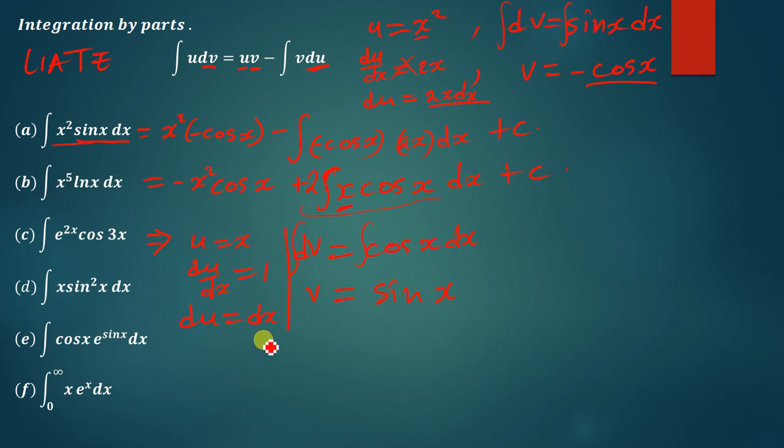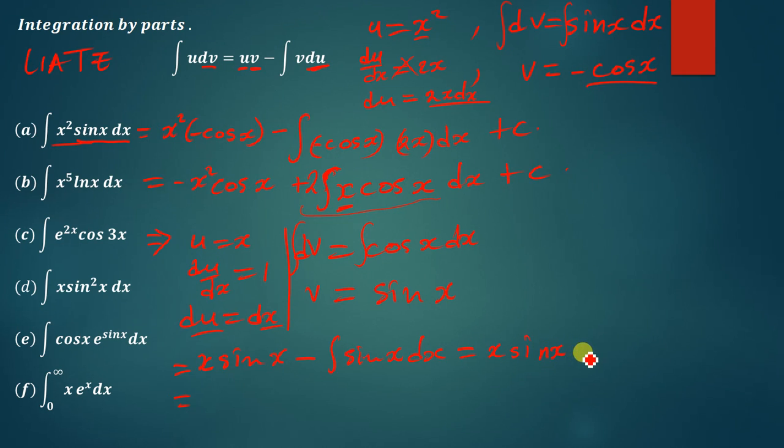Okay, so I can replace it in this formula. So my u is equal to x, and then v is equal to sine x, then minus the integral of v is sine x, then du is equal to just dx there, so we put dx there. So finishing up this will give us, okay, let me write it this side, x sine x,